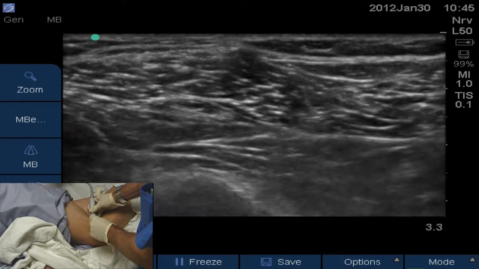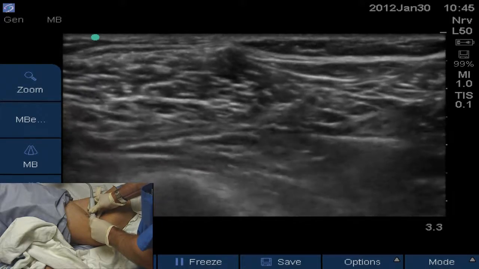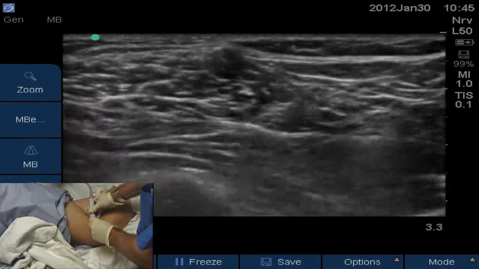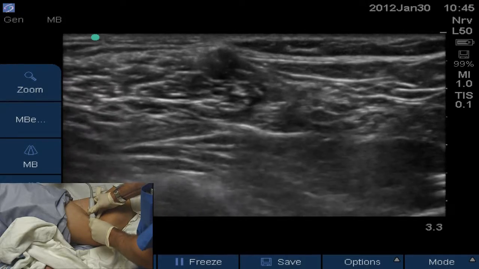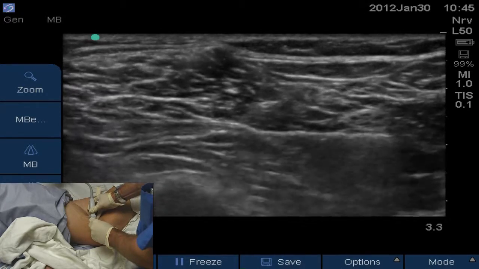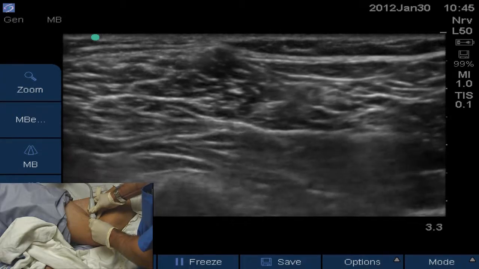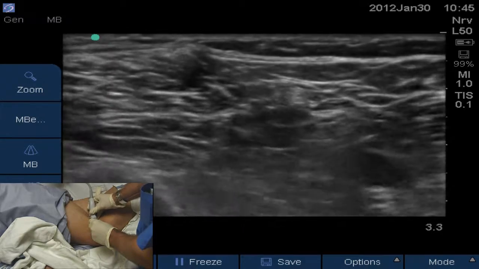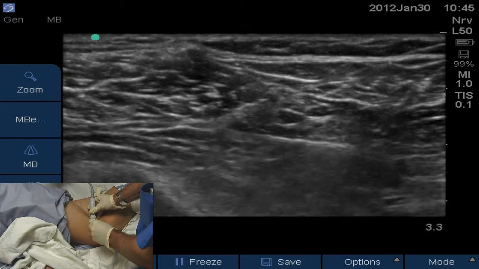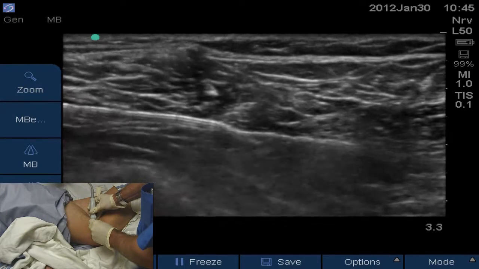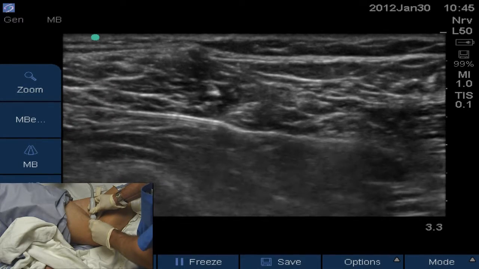And I'm popping just deep to tibial nerve there. You can see a little pop and a give there. I'm going to get the best needle view I can of this echogenic needle. Notice I can get a pretty bright white there. Now that's the brightest, the best view I can get. I'm going to make it a little steeper, and that's probably the best needle view I can get with the